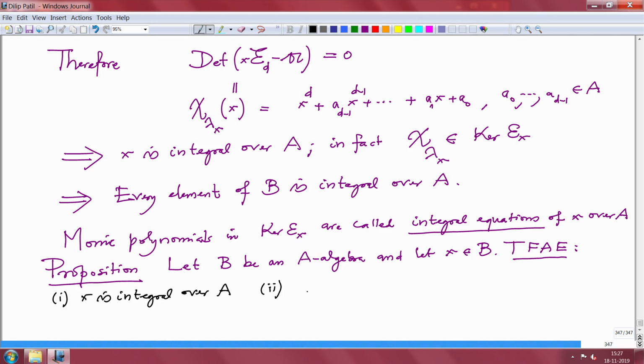The subalgebra of B generated by X over A is a finite A-algebra. That means it is generated by finitely many elements as a module over A. Then we use the term finite. Okay, third one,